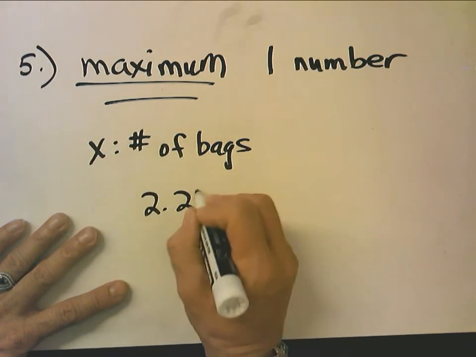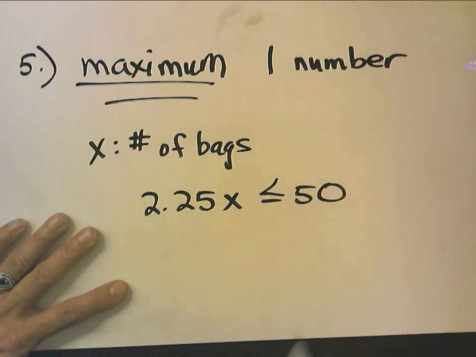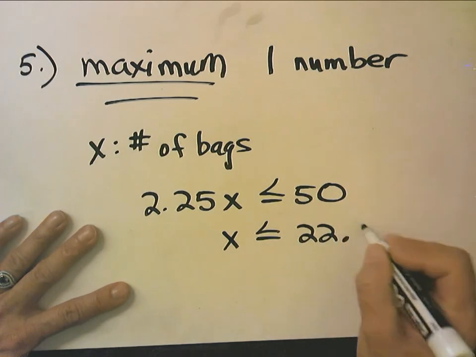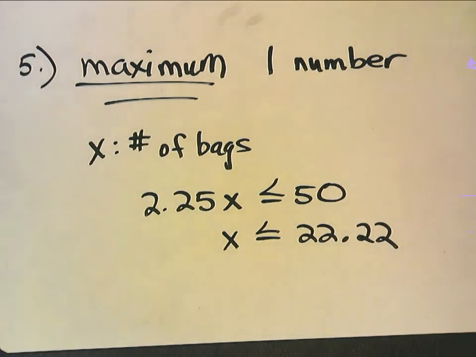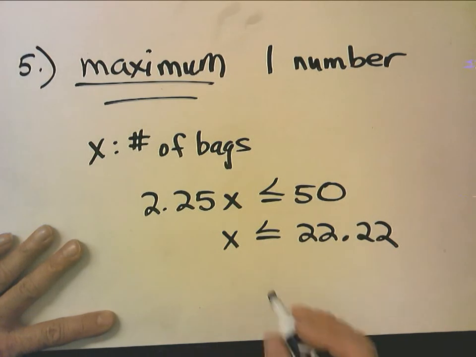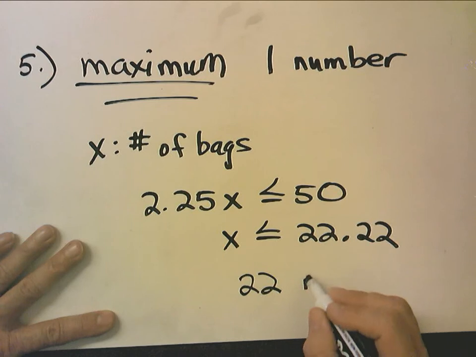So you multiply the number of bags by the weight of each bag, and you want that to be less than or equal to 50. So I end up with X is less than or equal to 22.22. Now, no one's going to let you buy 0.22 bags. So we're assuming this is the whole bag, and it actually says the whole bag. So what is the largest whole bag number? It would be 22. So the answer is 22 maximum